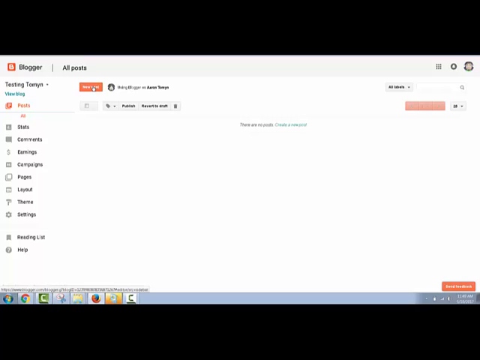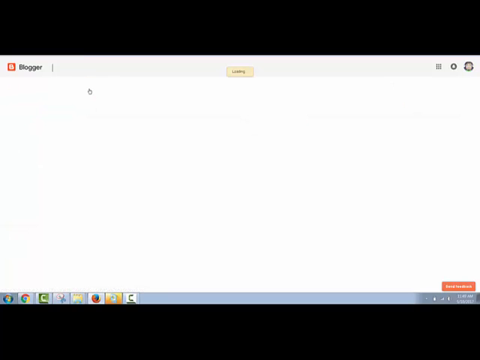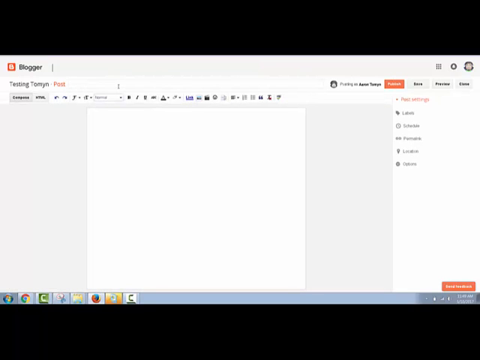Really simple. This orange button at the top that says new post, we click on it. You're going to give your blog entry a title, so blogging, and then in here this is where you type your text, and you've got all your text tools. It's not a ton of text tools, but there's a few. You can also add in pictures and links and videos and things like that if you'd like to,